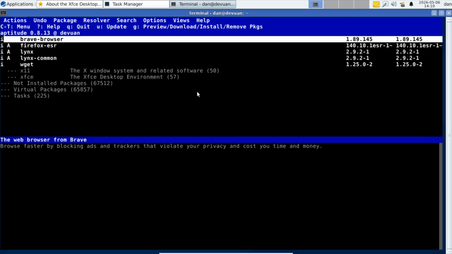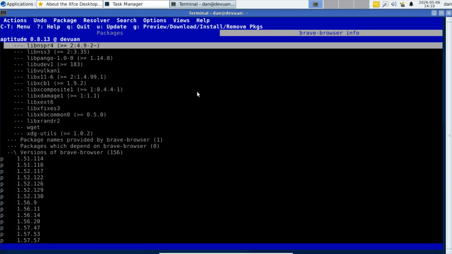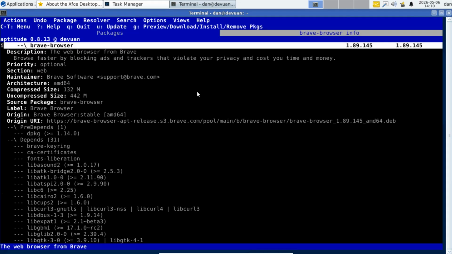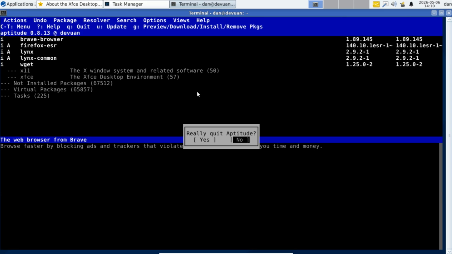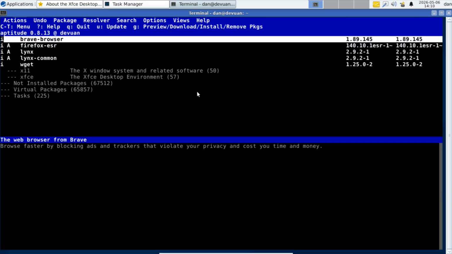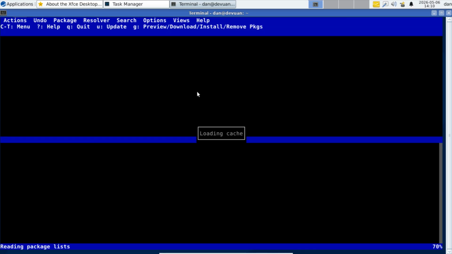Brave keyring, Brave browser, get the information, Ctrl+F, jump one page down, looking for all versions, Ctrl+B, jump up, q to quit the overview, q to quit again, g to execute the changes, u to update the packages, and